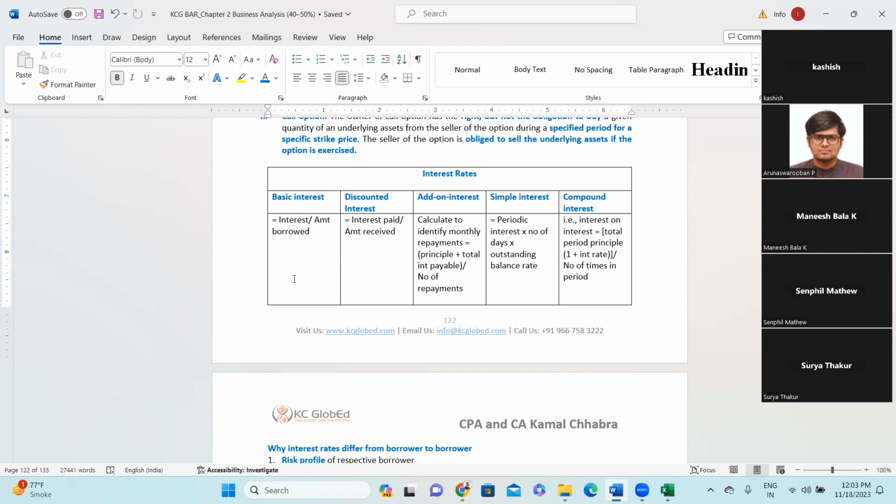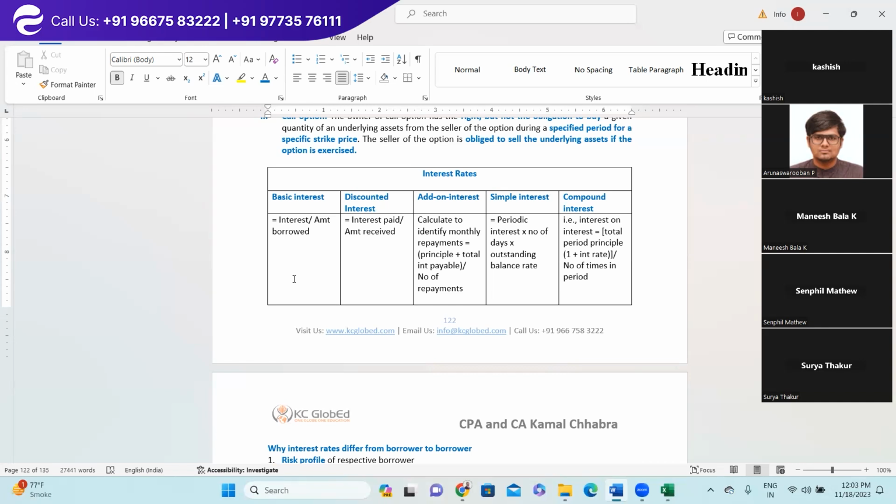Discounted interest is basically interest paid divided by the amount which you have actually received, right? So the total borrowing you have actually received in hand. So that is called discounted interest. Add-on interest is calculated to identify monthly repayment, the same way you have an EMI schedule for your loans, which is principal plus total interest payable divided by number of payments, right? Next is simple interest, which is periodic interest multiplied by number of days multiplied by outstanding balance